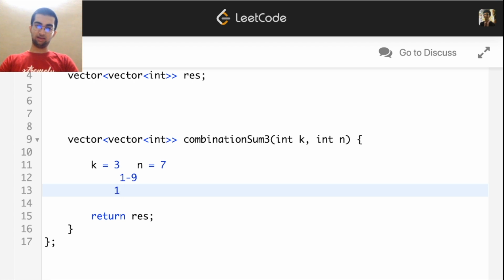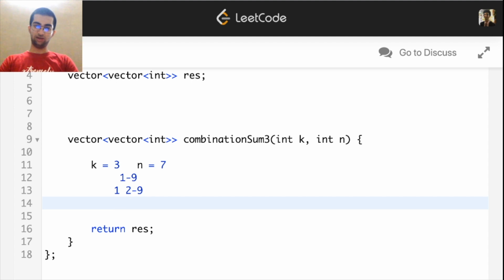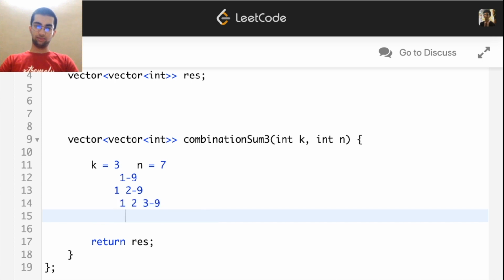Now the second number can be from 2 to 9. So let me choose 2. So 1, 2. The next number can be from 3 to 9. Now 1, 2. When I try 3, is it successful? No. When I try 4, is it successful? Yeah, it adds up to 7. So that's one answer. So I'll add it to my answer,